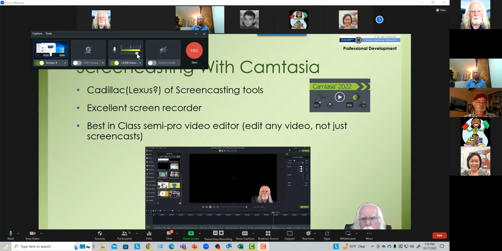Yellow is okay, but red is a no-no. You'll get distortion, which will make it very hard to listen to. So I want to back that off a little bit. I should be reaching about halfway over at least. And I can control then the input volume on my